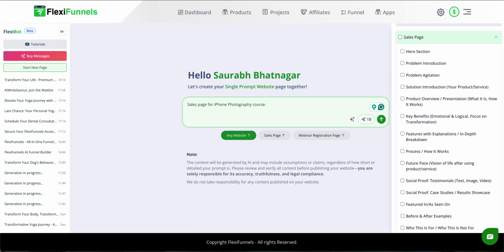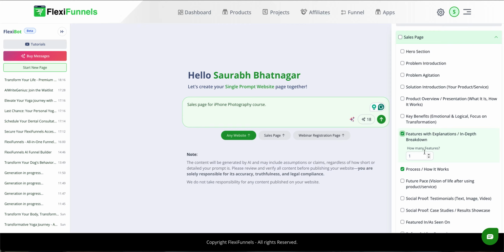But at the same time, on a page there can be a lot of sections which can be really valuable, but since AI is doing the job over here, you are not aware of what exactly is going to come from AI once the page is created for you. But if you give it the input, if you select some sections over here, that hey, let's suppose this is a sales page, I definitely want a process section on this page, how it works. I definitely want features, like an in-depth breakdown of what exactly is going to be delivered inside the course, and I want 10 pointers inside it. So now this is going to make it very specific.